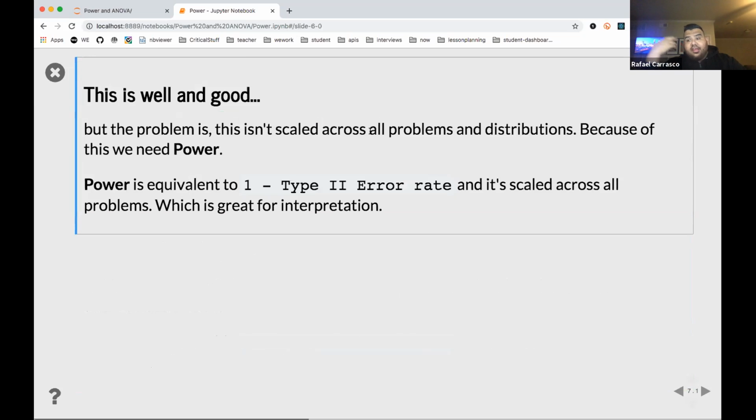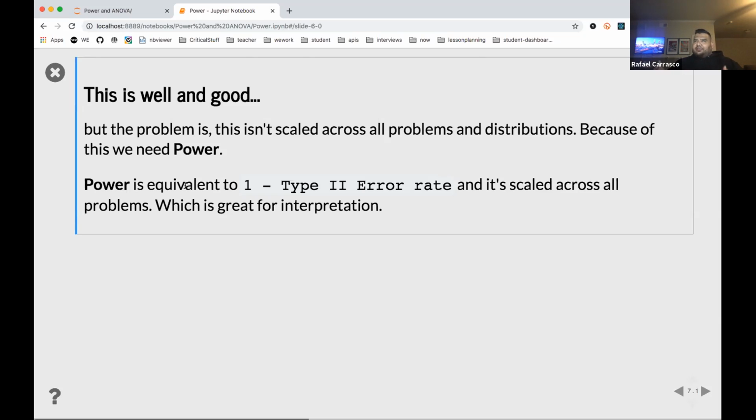So if we conduct another experiment, we can't compare our effect sizes because we could have had a different number of samples. We could have picked a different alpha value. If you change something, your effect size basically is no longer consistent. So what we do is we have something that's called power, and power is a great way to talk about a similar